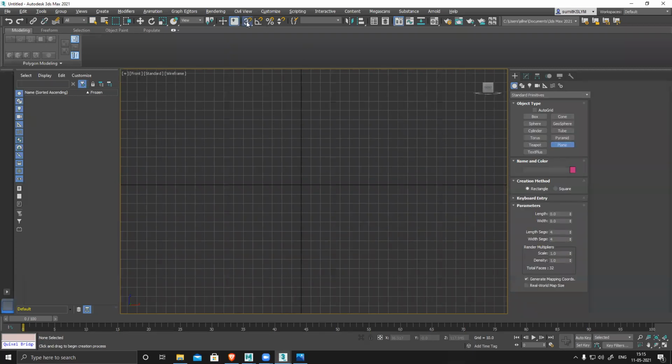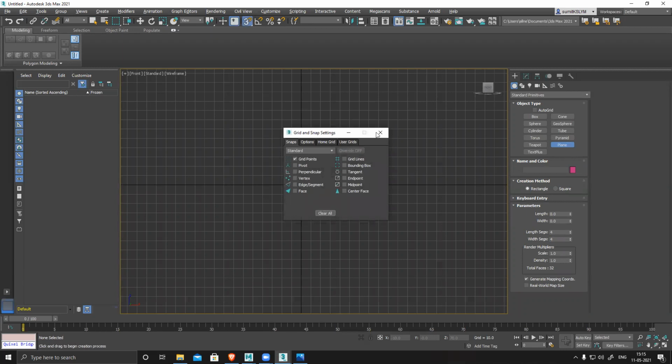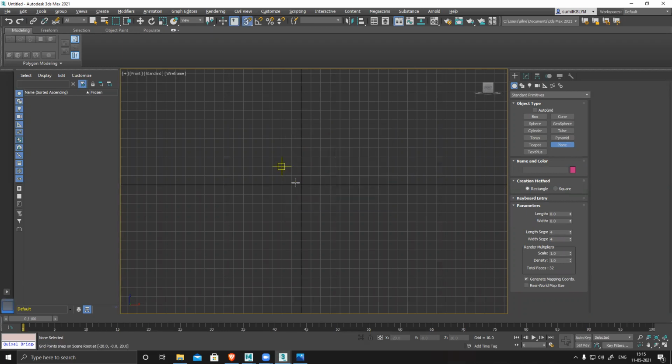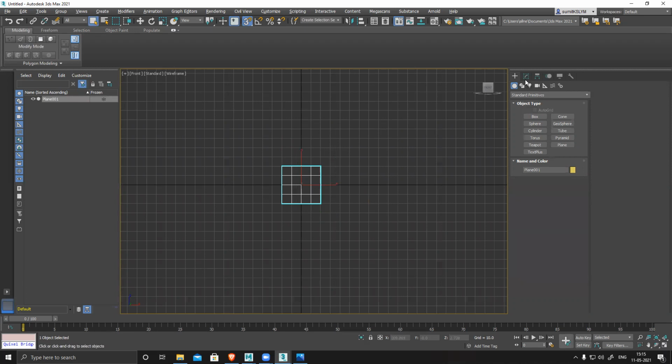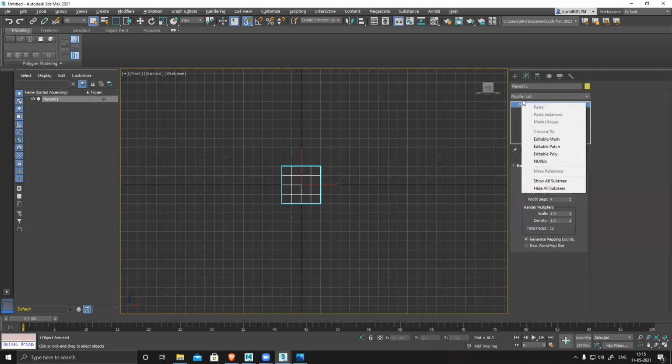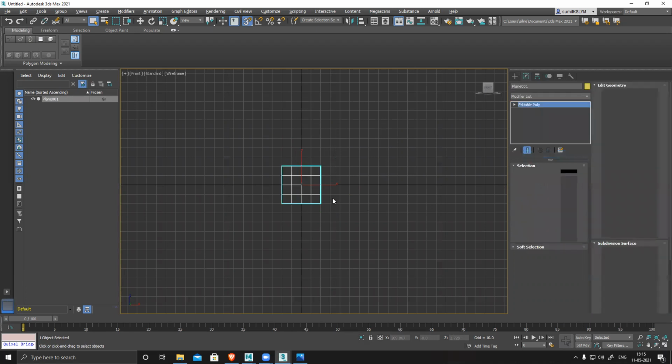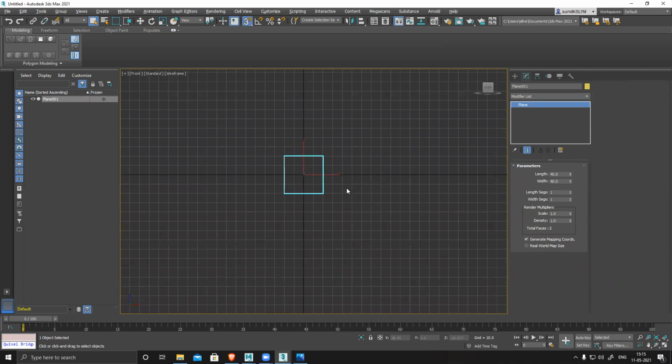Let's switch on my grid points. Active. Okay, one plane. Before that, remove everything and say editable poly.